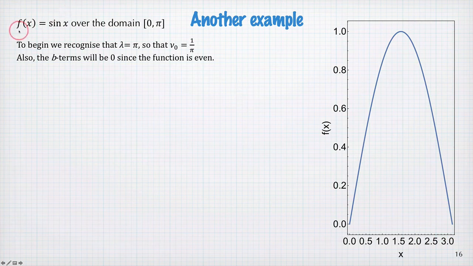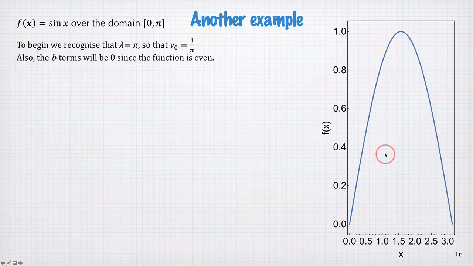Let's look at a second example now. This is the function f of x equal to sine x over the domain from 0 to pi. First we recognize that the period is pi and the frequency nu0 is 1 on pi. Looking at the function, we can also see that the average is not 0, so there will be an offset